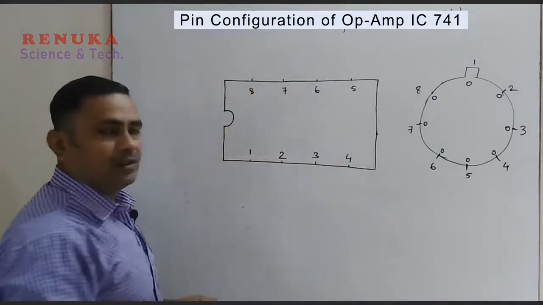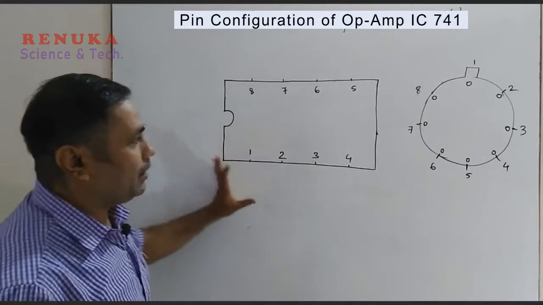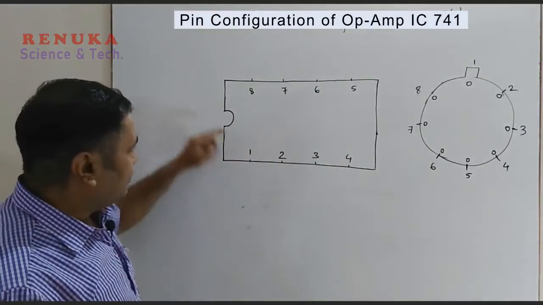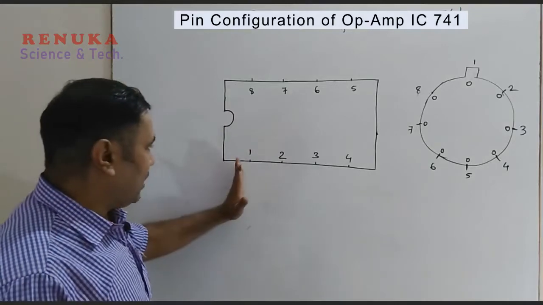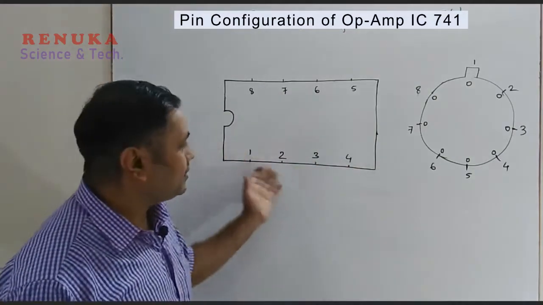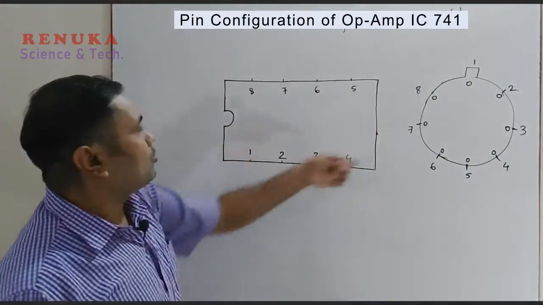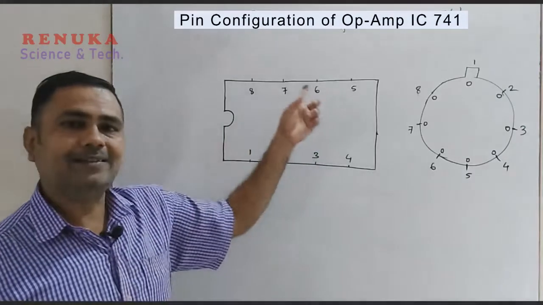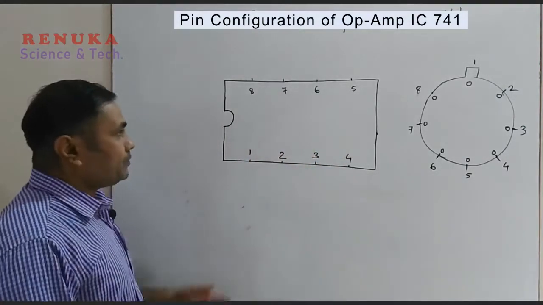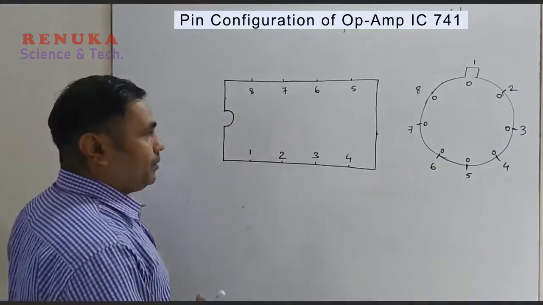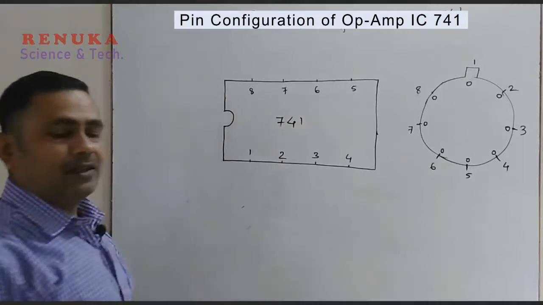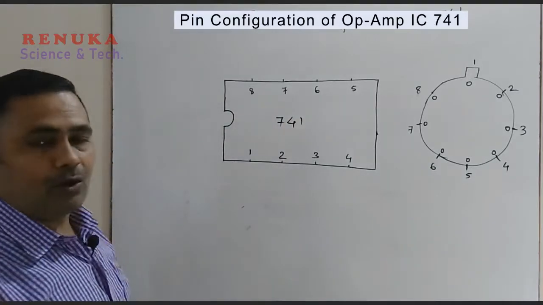So this is how the pins of any IC can be identified: the IC has a notch, and the pin just below the notch is 1, after that 2, 3, 4. Any IC can be identified like this: 4, 5, 6, 7, 8, in the anti-clockwise direction. So this is how we can identify the pin numbers. For the IC741, the pin configuration is pre-decided by the manufacturer of this IC.